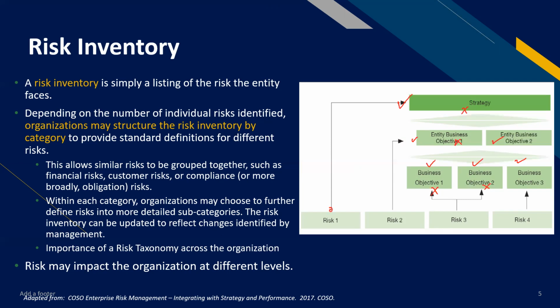Some risks affect the strategy directly. Some risks affect not the general strategy, but an entity's or an SBU's strategy, a strategic business unit. Some risks affect more than one business objective of the same business entity. And some risks only affect some objectives of the business, not necessarily all, or do not rise to the level that will impact strategy. So for example, okay,